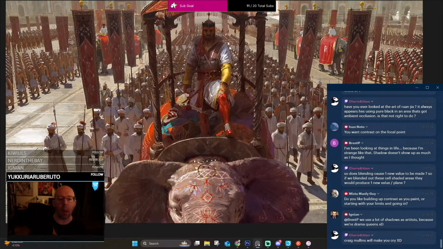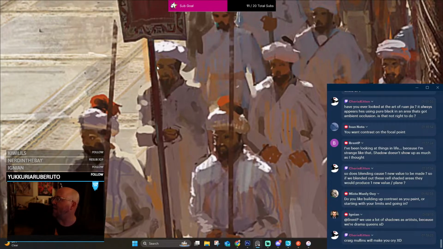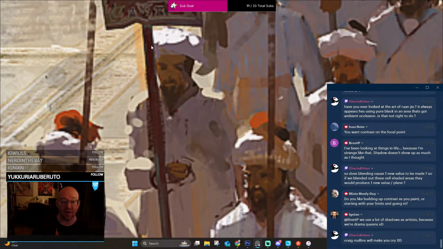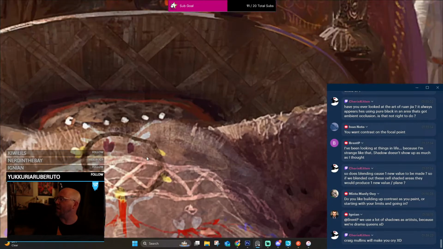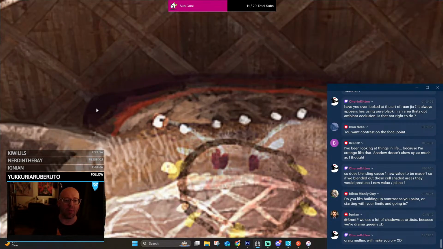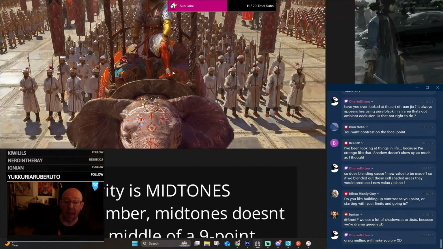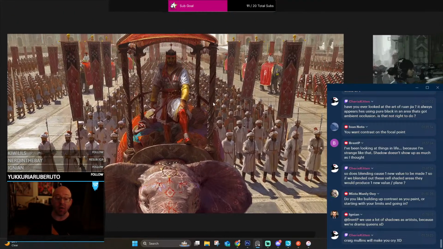You need the blown out sunlight that lights everything. There is nothing. I mean, the closest thing you would have to pure black is like this, and this is red. So no, you would not have a pure black here. Even in the ambient occlusion, look, that's just purple. It's not black, but it is the darkest thing on the palette. So you have your darks.